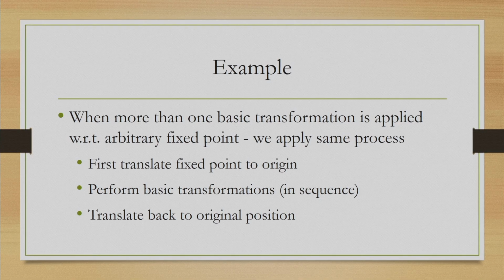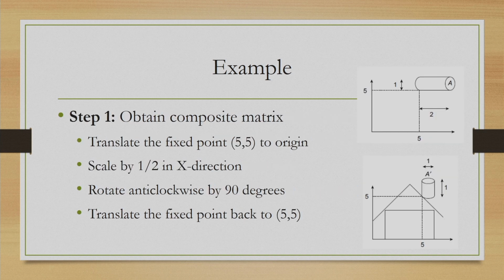For a better understanding, let us go through one more example, which will illustrate the idea further. Now, let us assume we require more than one transformations. So, we will apply the same process which we already outlined. Consider this object. What are the transformations required to put this object as a chimney in proper shape here?